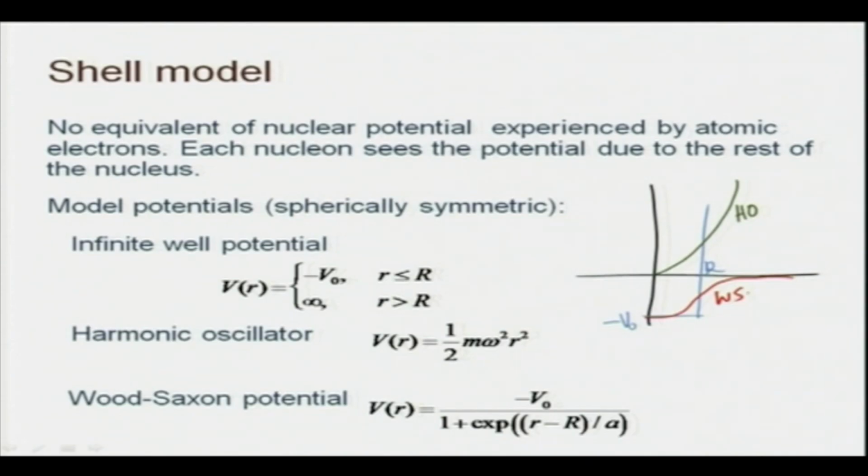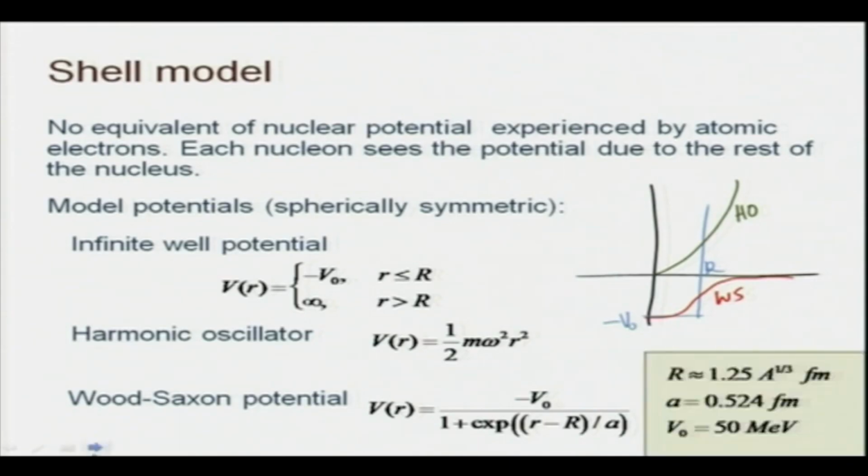It is a smooth transition, not abrupt like that. So, that is slightly better than the infinite square well potential. Okay. And there are two parameters here, one is V 0, the other is A, and of course, the radius itself we know can be considered to be 1.25 times the third root of the mass number, in Fermis, of course, 1.25 Fermi A power 1 over 3, and the other parameters V 0 and A are